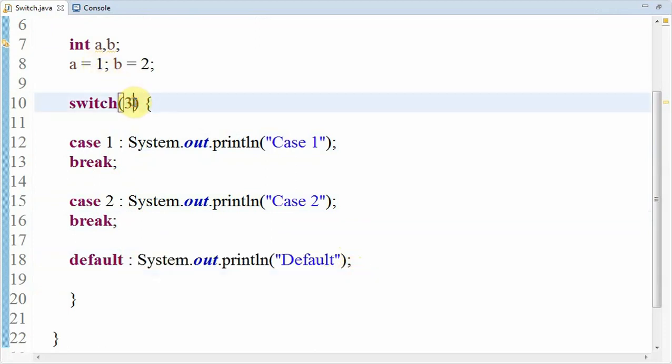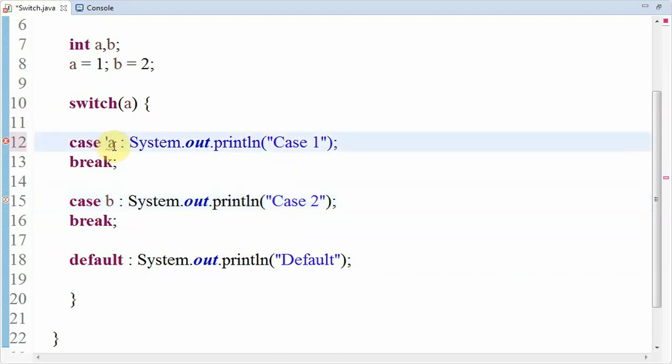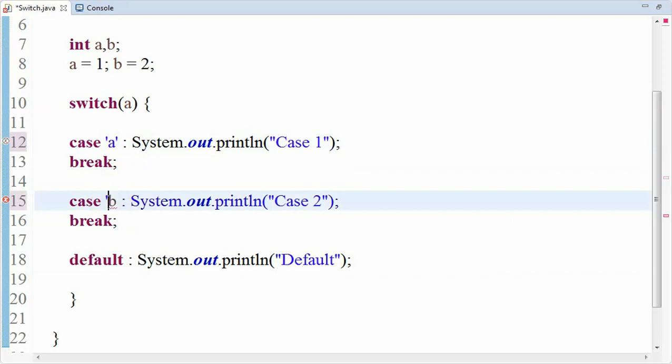And one more thing: if we send a, and here we write case a and case b, we have to give it as a character or value. We cannot give a variable name directly.